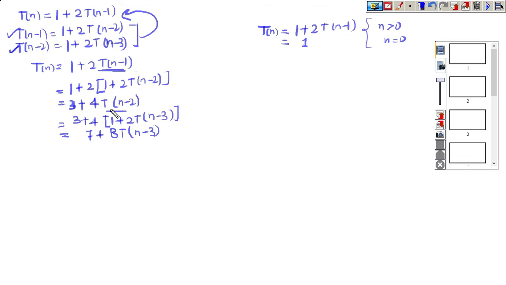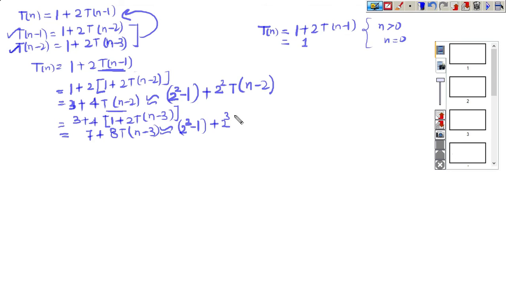I can write this as 2 power 2 minus 1 plus 2 square t of n minus 2. When we have n minus 2, here we have a multiple of 2 square, and this is 2 square minus 1. Similarly, I can also write this as 2 cube minus 1 plus 2 cube